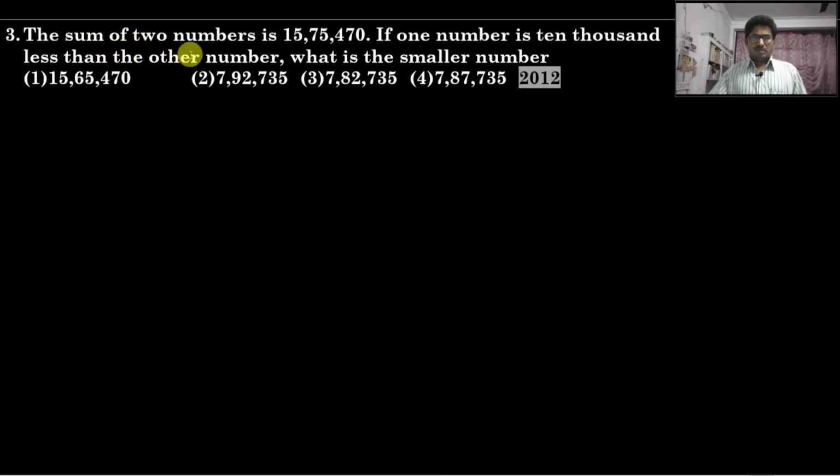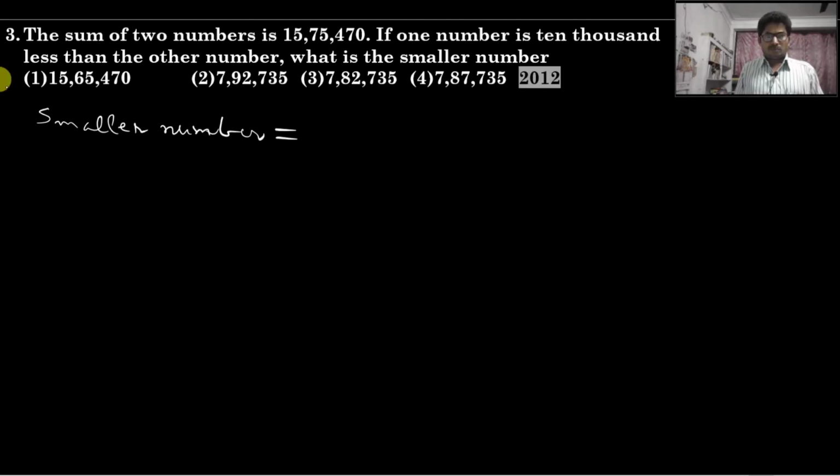Third question. The sum of two numbers is 15,75,470. If one number is 10,000 less than the other number, what is the smaller number? To find the smaller number, here we have a formula. Smaller number is equal to sum of two numbers